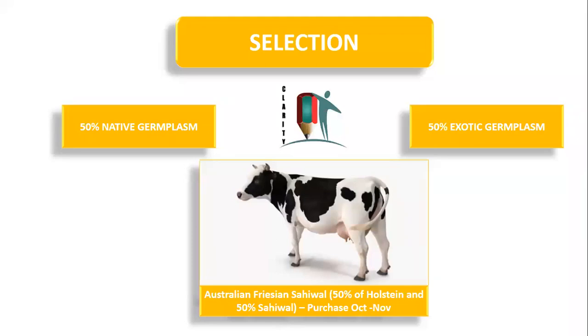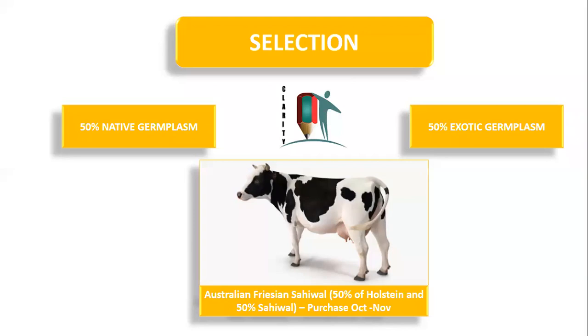चलिए, now coming to the first step, that is selection. Whenever you select a breed, the first thing you need to have is that it should have 50% of the native germ plasm. Why? Because it will give an endurance to your breed. Next, 50% of exotic germ plasm. Why? Because this will increase the milking capability of that breed, whatever you select, ठीक है।